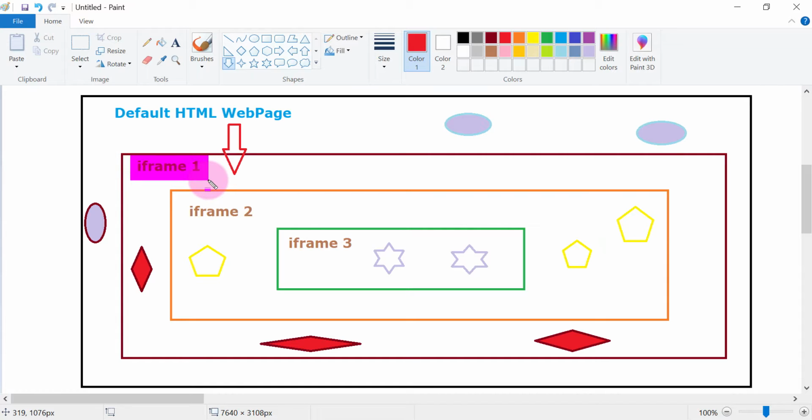If you want to interact with anything, or get any information from this first HTML web page, then you need to switch your focus from the default HTML web page to the concerned iframe. Then you can click, or you can enter text also. Similarly, if I want to click on some web object available on the second web page, iframe 2, then I need to switch my focus again from the default content to that particular iframe, and similarly for iframe 3.